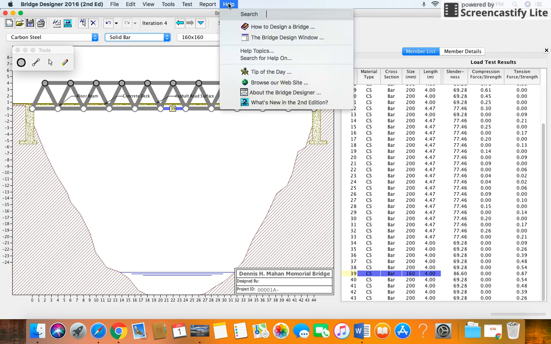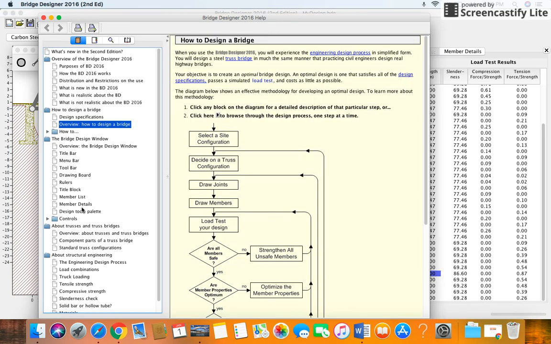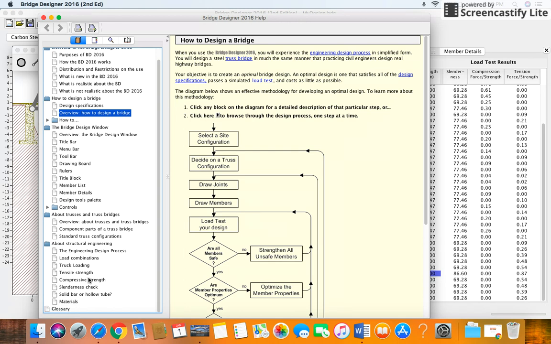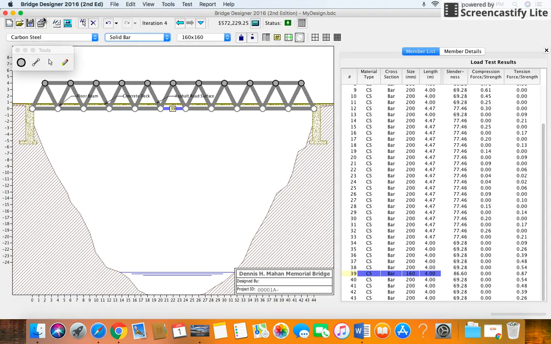Now, there is a help section, and in the how to design a bridge, it's going to give you a lot of information. And on the bottom, it tells you solid bar or hollow tube. I would suggest you pay very close attention to what it's telling you right here. That will tell you where you need to use solid bar versus where you need to use hollow tube. So you can make those adjustments